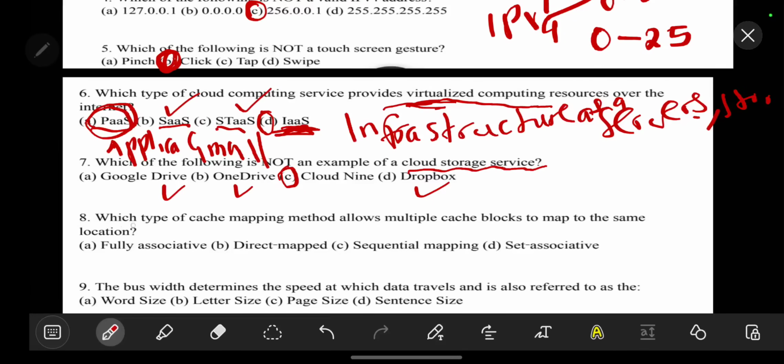Let's look at our next question. Which type of cache mapping method allows multiple cache blocks to map to the same location? So for question 8, the answer is fully associative. Associative means they can be mapped to the same location. Generally they can be mapped to the same location, but for other things such as